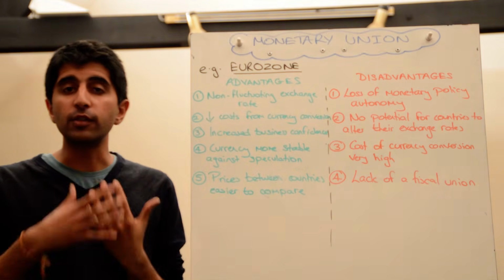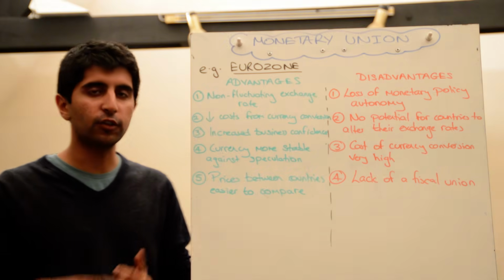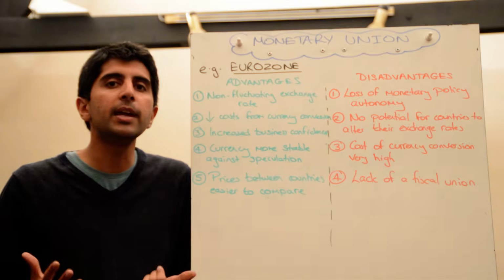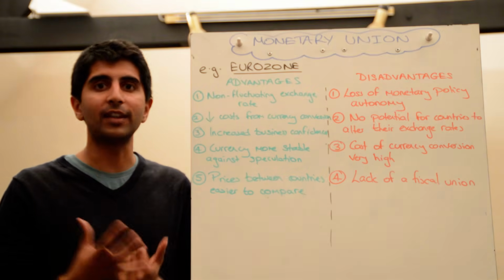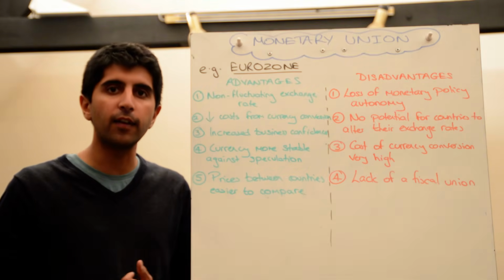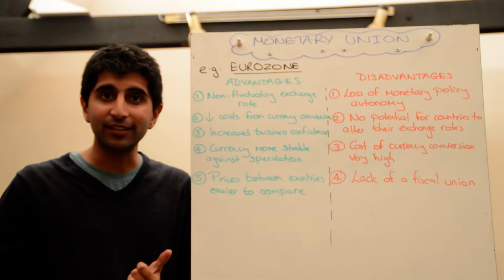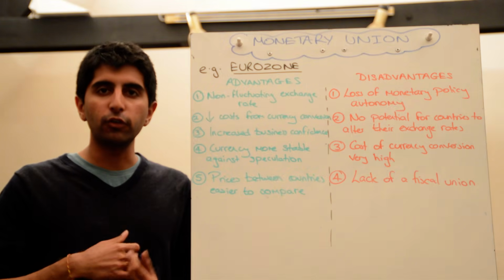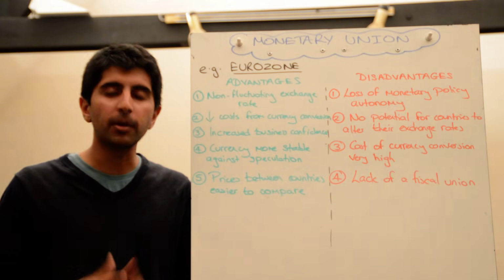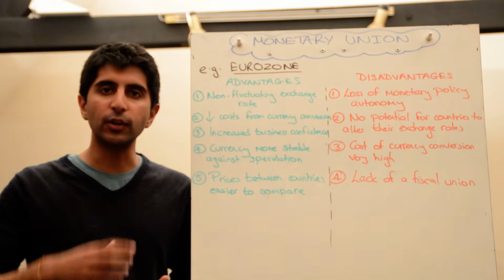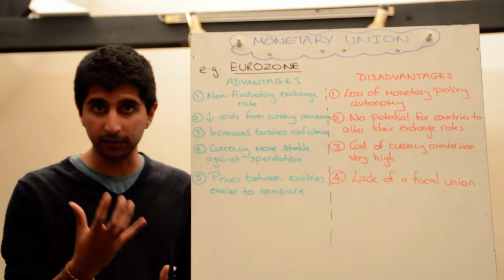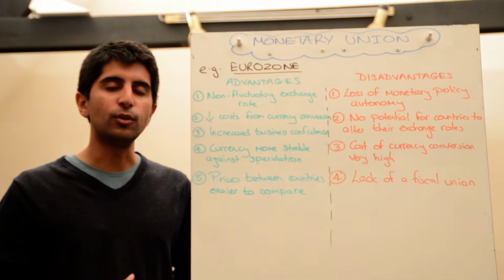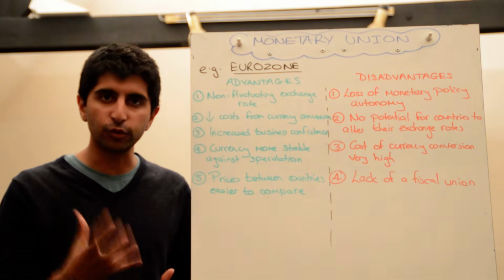Then number two is a big one, reduced costs that come from currency conversion. So for consumers it's good because they're going to have more money in their pockets to buy European goods and services that all have the same currency, the euro. They don't need to convert their currency. So in that sense they save. Businesses save too, again, coming back to trade. If countries want to trade between each other within Europe, if countries have the same currency, then you get rid of the cost of converting. That's a substantial saving. And that money could be used for investment purposes. It can be used for all sorts of different reasons, for all sorts of good reasons.